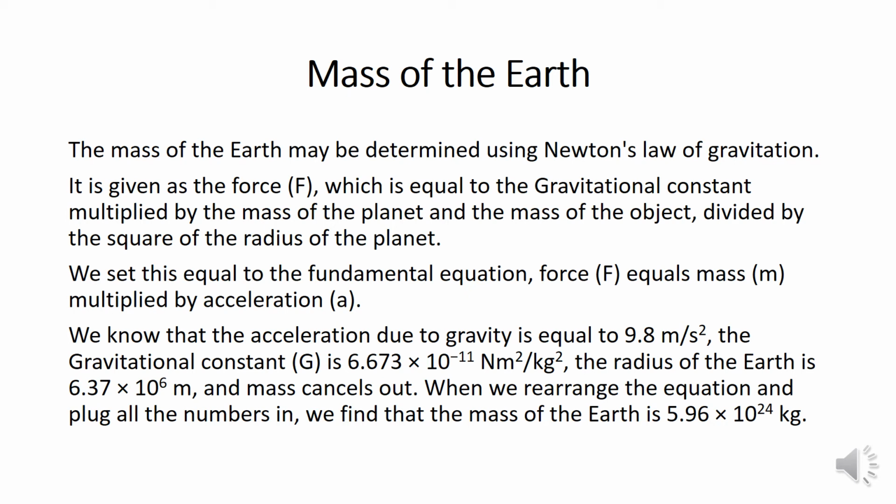Now we need to know how the mass of the Earth is calculated. The mass of the Earth may be determined by using Newton's law of gravitation. That is, force equals G m1 m2 upon r squared. m1 and m2 are the two masses, and r is the distance between the centers. We know that acceleration due to gravity has a fixed value of 9.8 meters per second squared, and the gravitational constant, which is capital G, is 6.67 times 10 raised to the power minus 11 newton meter squared per kilogram squared. If the radius of the Earth is known to us, 6.38 times 10 to the power 6 meters, mass